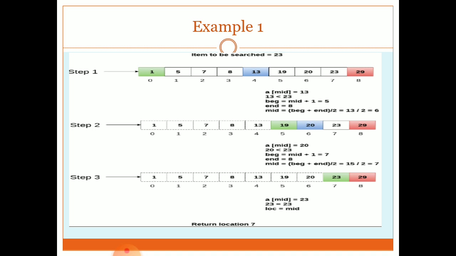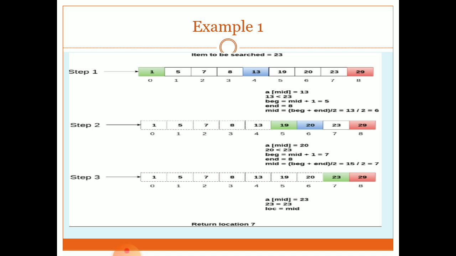Now 23 is greater than 13. So I know that here I just want to check the right hand part only for the next comparison. So I remove the tag beginning from position 0 and set it over at 5. That's why you see here the color difference from 0, with the green color. Now I have shifted to the 5th positional element, that is 19.